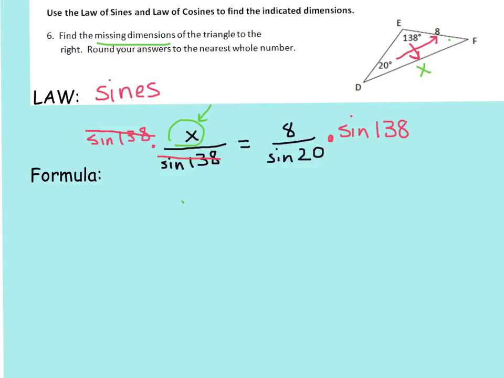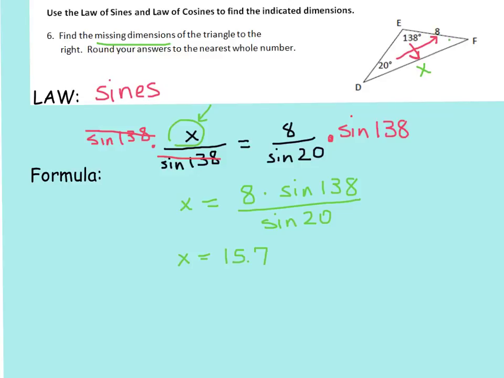So this gives me x is equal to 8 times the sine of 138 divided by the sine of 20. I'm going to plug that into my calculator, and I'm going to be very careful. When I do 8 times the sine of 138, I'm going to hit enter, and then I'm going to hit divide by sine of 20, and I'm going to get x is equal to